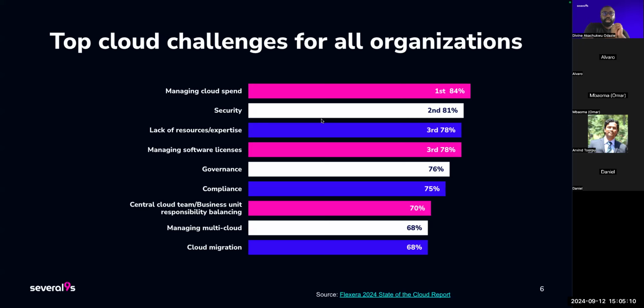What are they? These are the top challenges, both from that report. Managing cloud spend is the number one challenge for all organizations using the cloud, even surpassing concerns around security as of this year's report. This highlights the growing complexity and financial implications of cloud usage. Cloud pricing models can be complex and vary on usage patterns. Everyone here has used some form of the cloud, so they can attest to that sometimes.